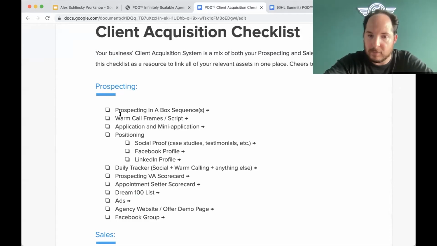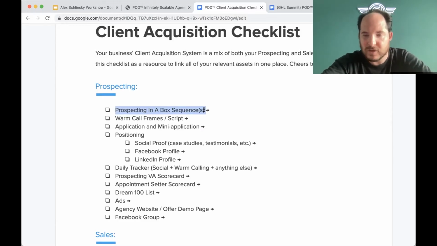Cool. So that's going to be the warm call frames and script. Just before we move on, I want to keep going back to what you do, let's say, on the third day. We used to do voicemail drops, which I believe HighLevel can do now, which is pretty cool. The reality is it didn't really work that often for us. We just found that calls were always more effective. But essentially the sequence would be something along the lines of: outreach message on a social platform, call the next day, follow-up outreach message on the contact us page on their website, cold email, follow-up call, something along those lines,